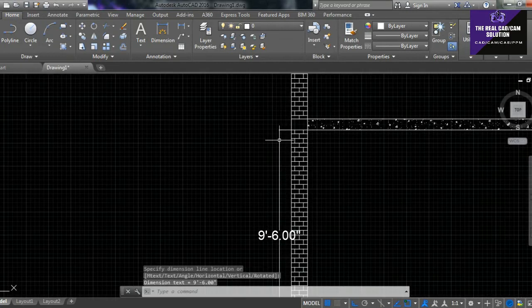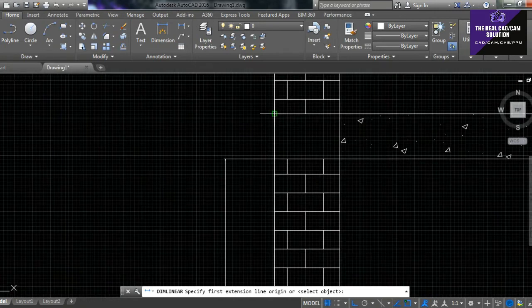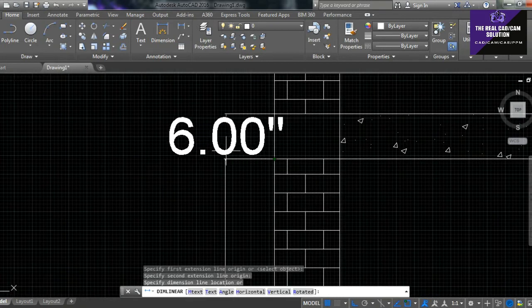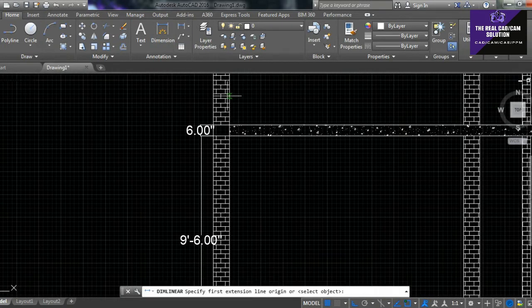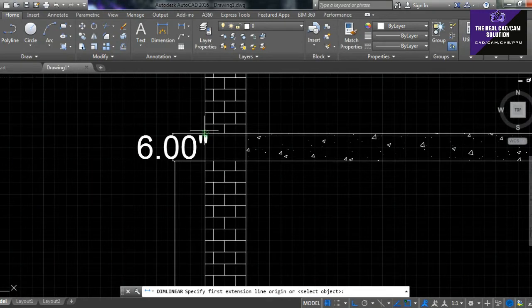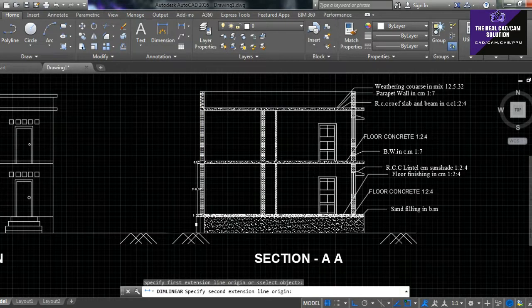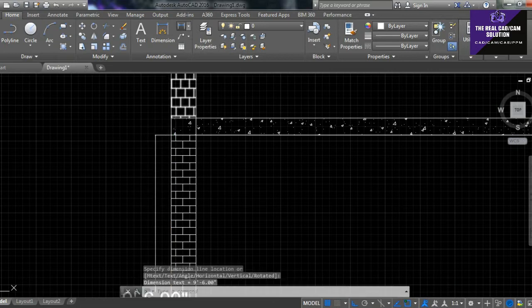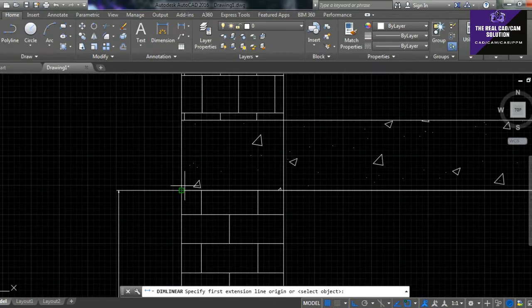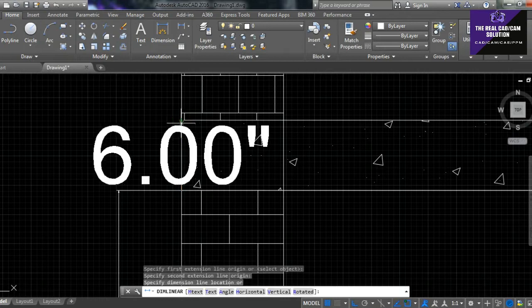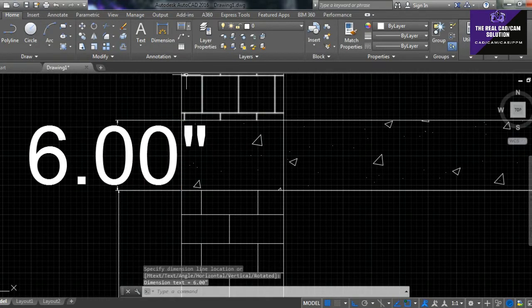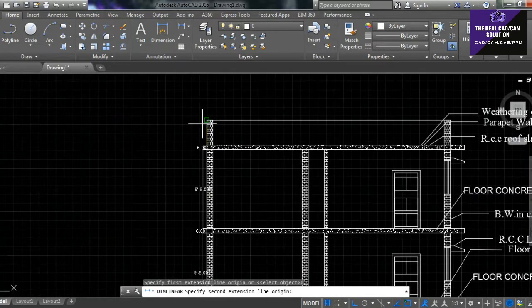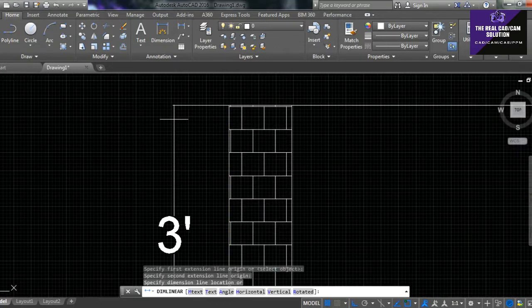This is the floor height and this is my ceiling thickness, concrete thickness, and the same here also, the same height of the floor area. Then this is also the same, and this is my parapet wall. Okay, I just give these the dimensions.